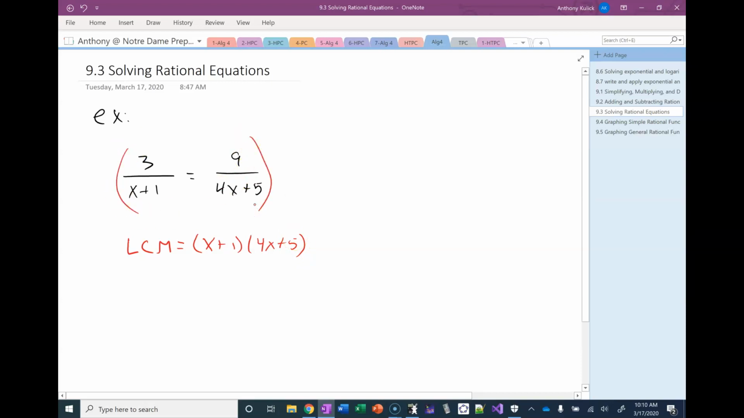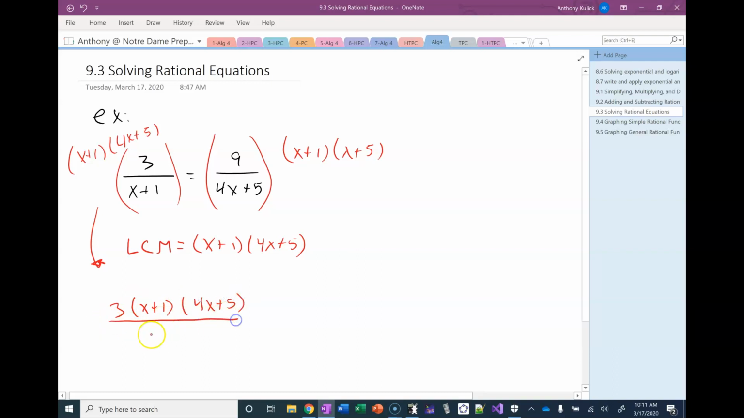So I'm going to multiply both sides of this equation by that least common multiple of the denominators. So when I do that, what I get is 3 times (x plus 1) times (4x plus 5) over x plus 1 equals 9 times (x plus 1) over, oops, forgot to write the 4 there, 4x plus 5